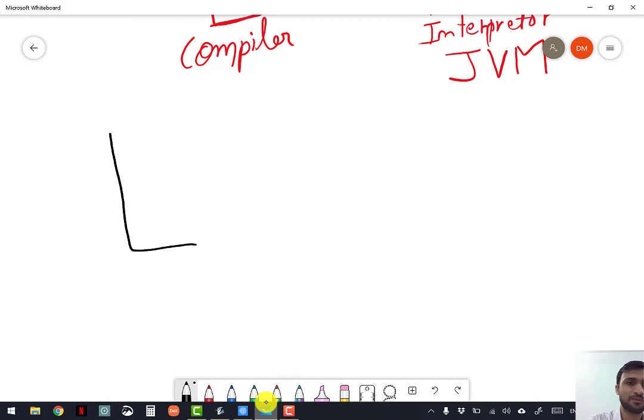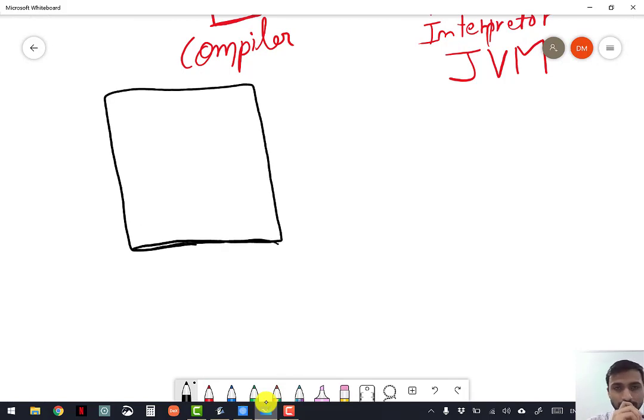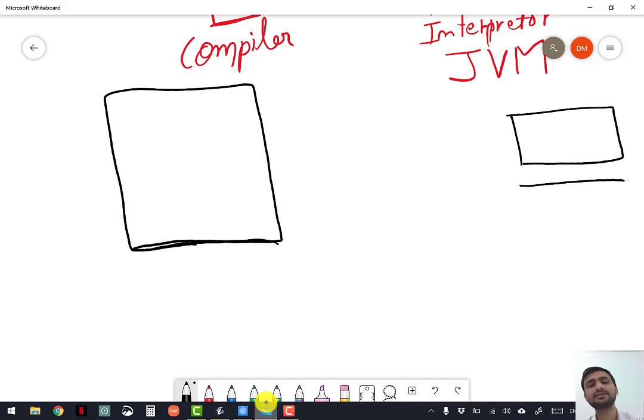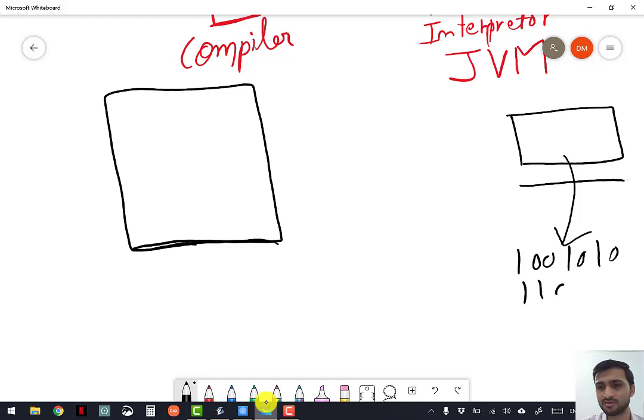So this is your Java program, and this is your machine. Your machine has its own language. It is in binary form, like 100101011011010.